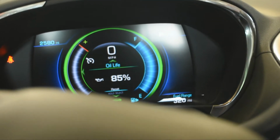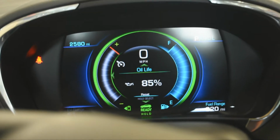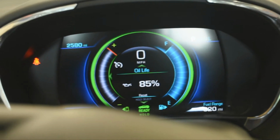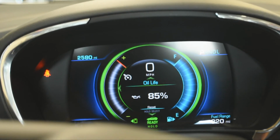And let's see, another thing would be oil life. It had 100% when I got the car. Now it's down to 85%, and you need to change the oil. Some people only change the oil once every 2 years. If you live in a city, like I used to live in Salt Lake City, and I drove 14 miles to work,